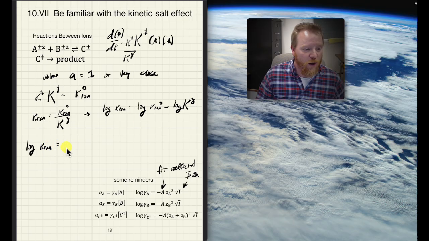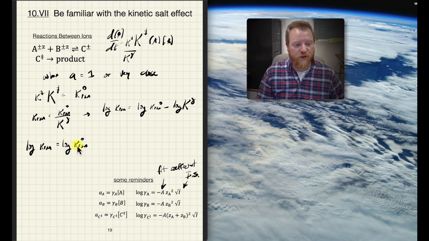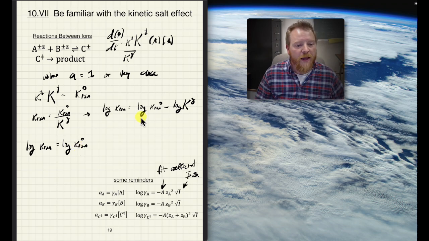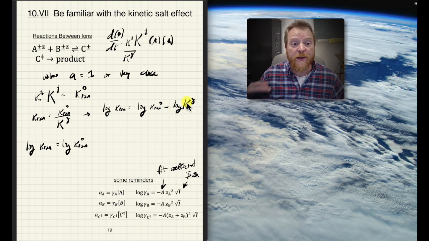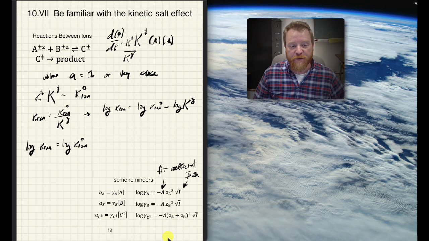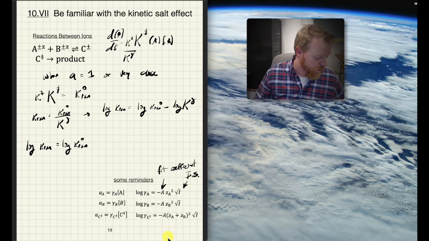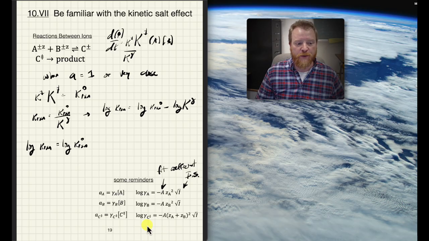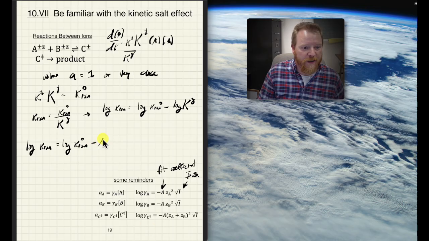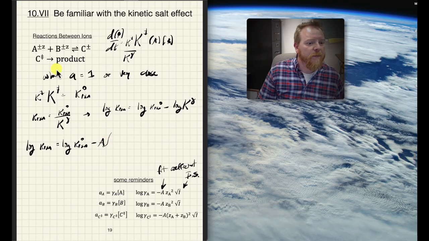So we still have the log of K_RXN standard, so when everything is in its standard state. And then now replacing this, so negative log of K gamma, I'm going to subtract the value for the product because it's a division, and I'm going to add the values for the reactants because they're multiplications. And I can also do a little bit of algebra along the way, and I'm going to collect that fit coefficient, A, out in front.